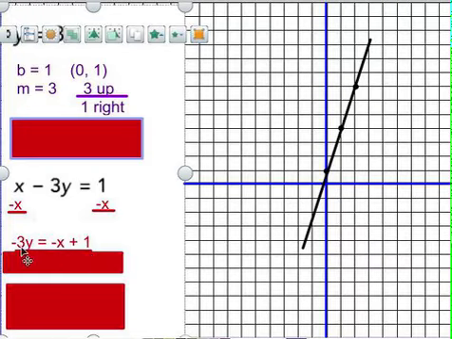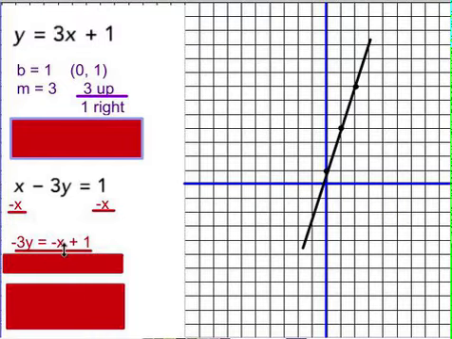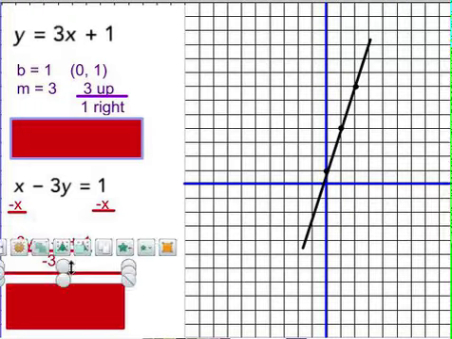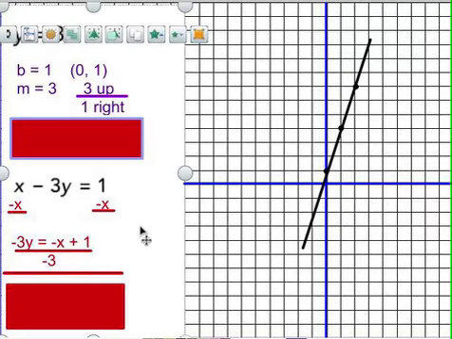Again, the y is not by itself. The negative 3 is multiplying the y, so we have to divide. Inverse operations. Remember that rule. So when we divide, negative 3 into negative 3 gives us 1. So we get 1y equals,